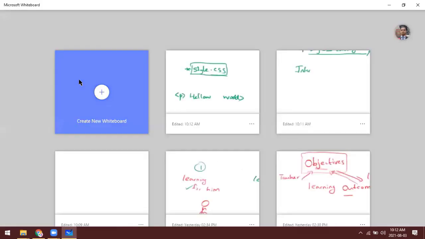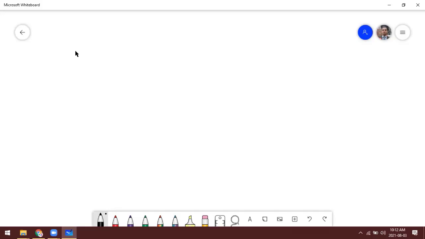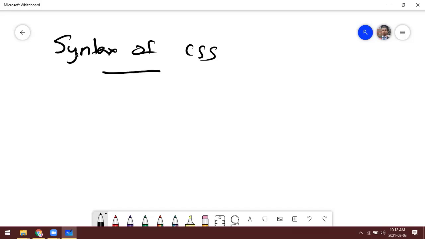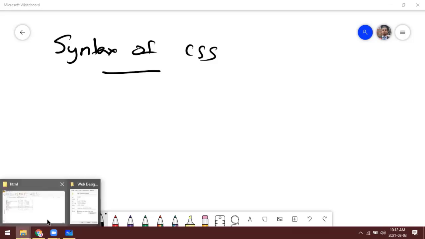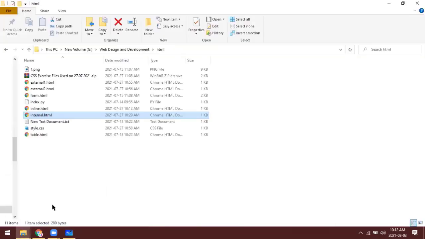Now today we will talk about the syntax of CSS, right? Syntax of CSS. But before that, let me show you some of the exercises that we did in the last class, right? So we applied inline CSS, internal CSS, and also external CSS.